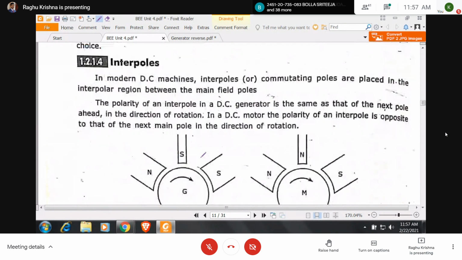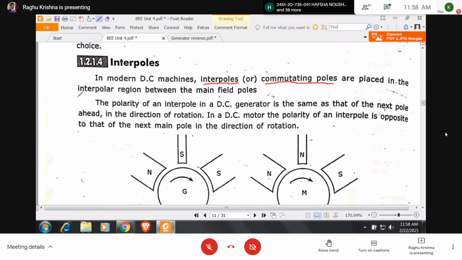So next, coming to the interpoles. Outside this field, you have this interpole. The thickness of this interpole is small compared to the main poles. In modern DC machines, interpoles are commutating poles. So interpoles are also called commutating poles. These are used in order to reduce the sparking,